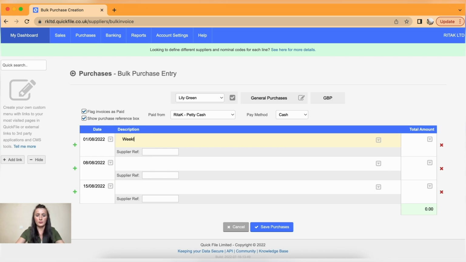It will be weekly sales invoice. Okay, that's what it's called by the supplier, and I can add a reference number. Okay, and I can add the amount here. So the amount was 350. Next one,